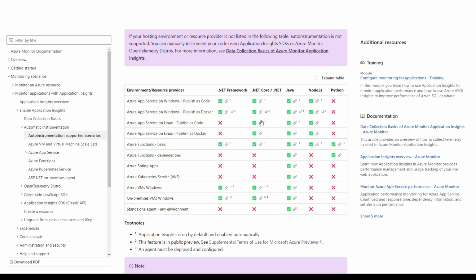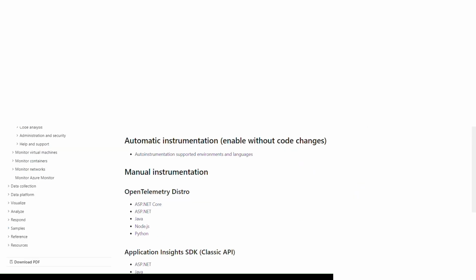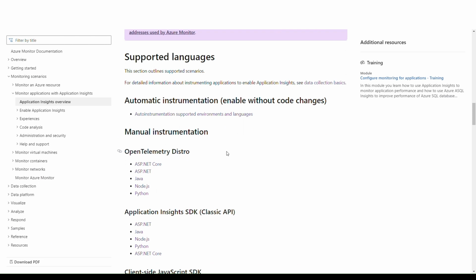We can see here in the board that Azure App Service on Linux, when we are using Python runtime, is not supported. We can see the same example here. I'm using Python runtime, so Application Insight is not supported. So the solution is to install one of two packages. The first one is called OpenTelemetry, and the second one is called Application Insight SDK, which is using a library